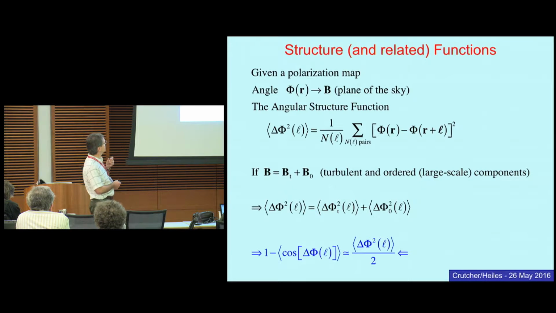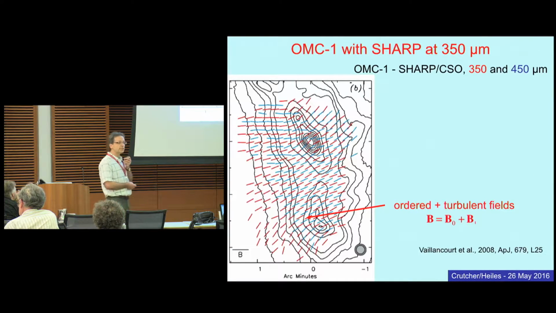One caveat is that I don't actually use the structure function. I use this thing here, which I call the dispersion function, which is very related to the structure function for small differences in angle. And it'll become clear, I hope, why I do this. For one thing, this function is related to the autocorrelation function of the magnetic field, which will be useful later on. Okay, so the first example we did many years ago, in 2009, we used an Orion map